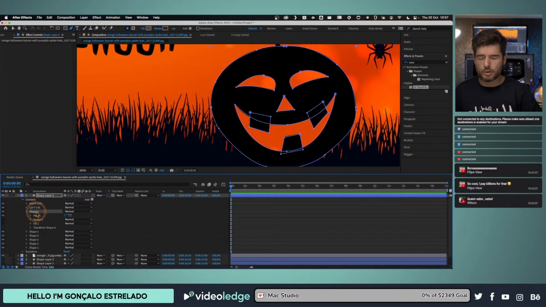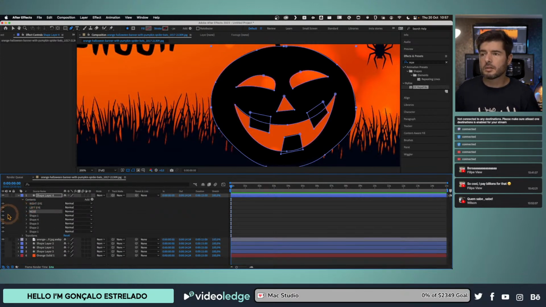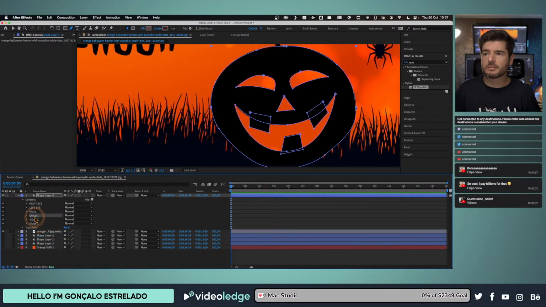Here we did the nose. And these are the teeth. So these 3, I'll just group shapes and call teeth. And this is mouth. And this will be head. Okay, so we have our